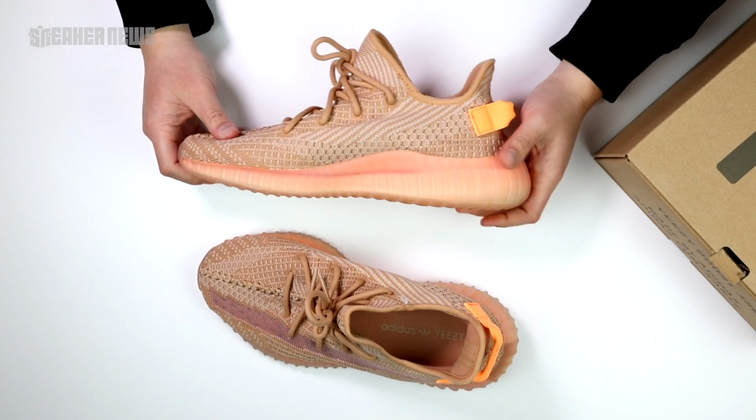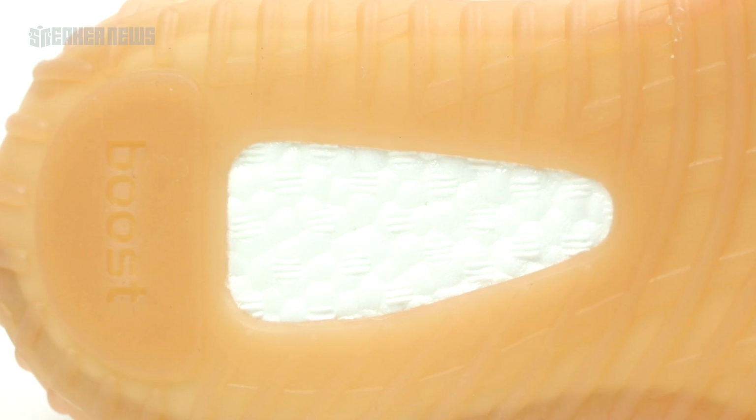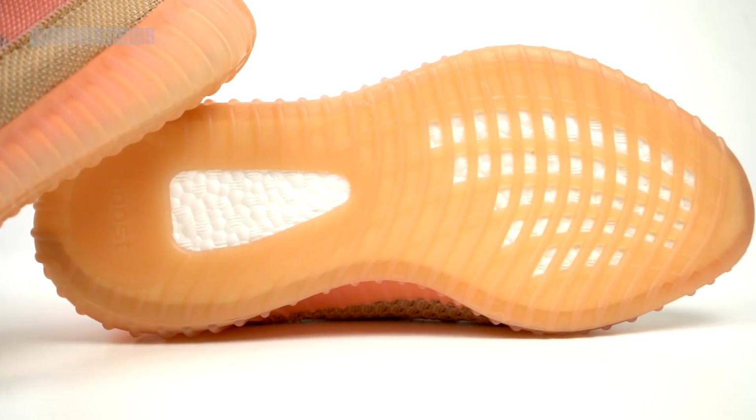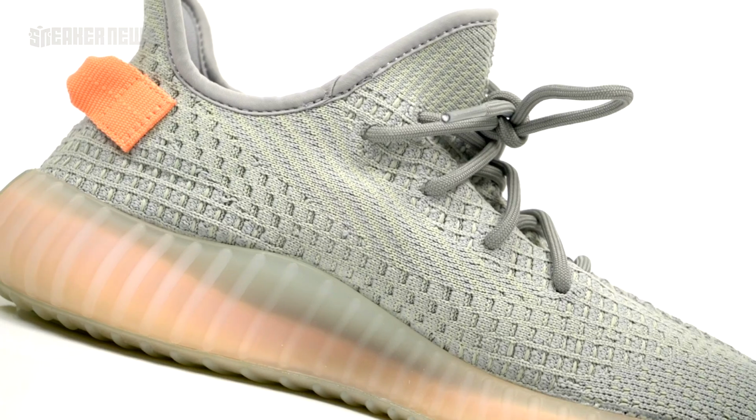And even on the medial side, that tint definitely shines through on that midsole. But the Boost itself is still white. That's something that's been pretty standard with Adidas footwear. They're keeping the Boost white and they're just kind of painting over it or just adding an exterior shell with the Yeezy. One thing that's interesting is that the Hyperspace and the True Form kind of had a Volt light lime green sort of knit in the upper,